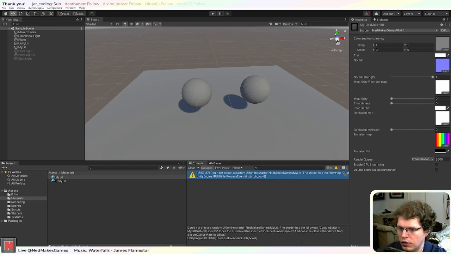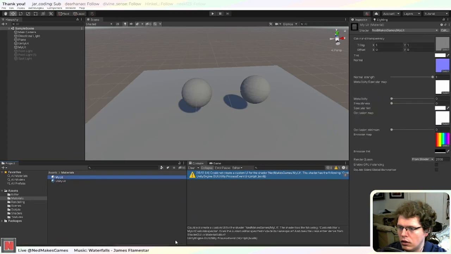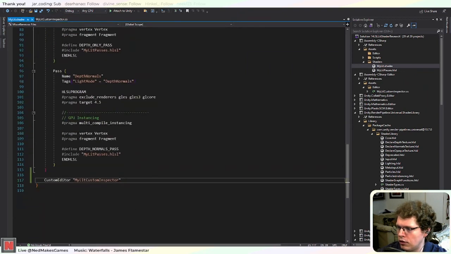And does the class either derive from shader GUI or material editor? Okay, so it's saying it can't find it, I suppose. Well, it has no namespace, so